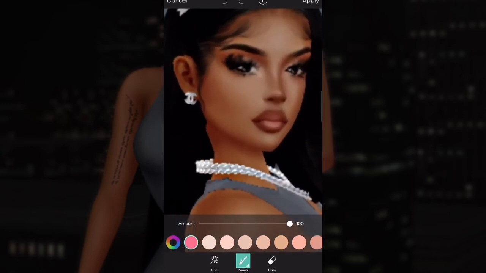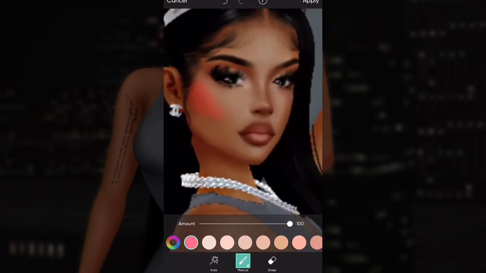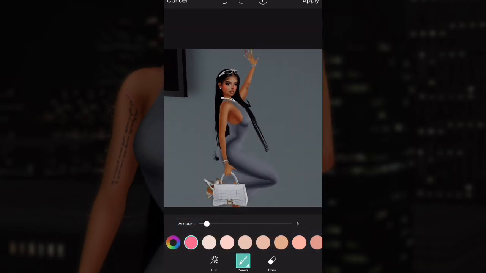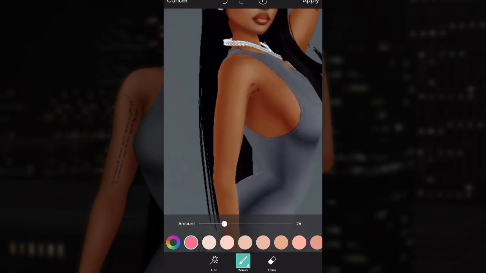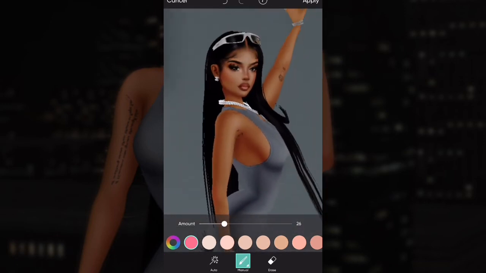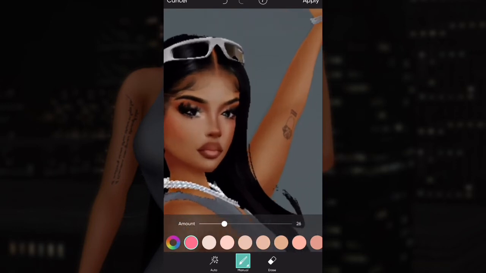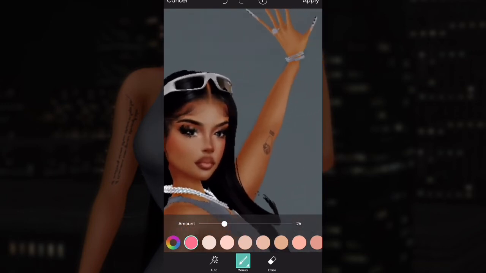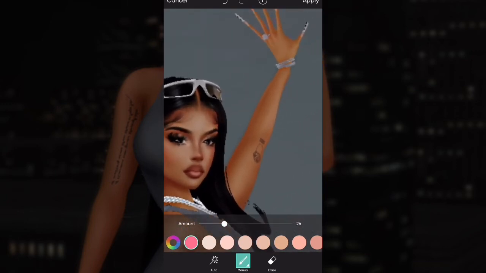So I just go on with this blush color that I made. You can also make it with your color wheel, and I just put it on her cheeks, her nose. Sometimes I do her elbows and her knuckles, the tips of her ears. I don't know why I do this. I just feel like every little detail counts. Every little detail matters. So when I do this, I feel accomplished, and I feel like the picture is top